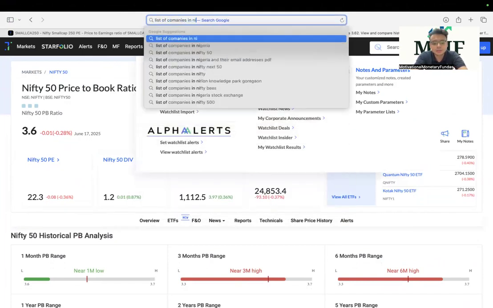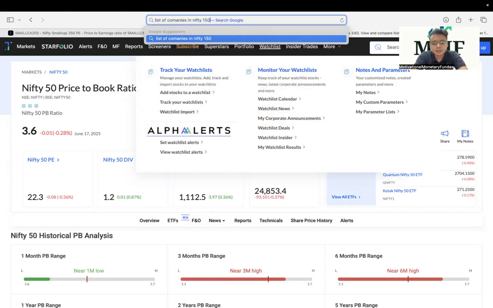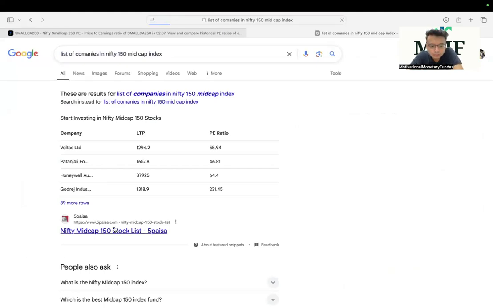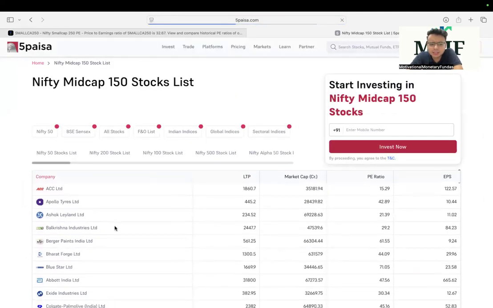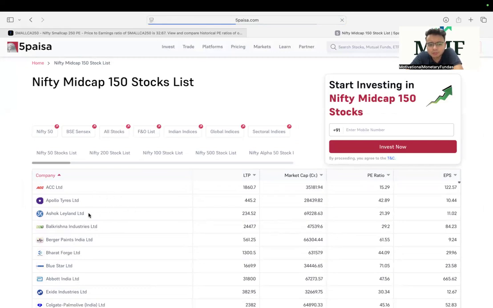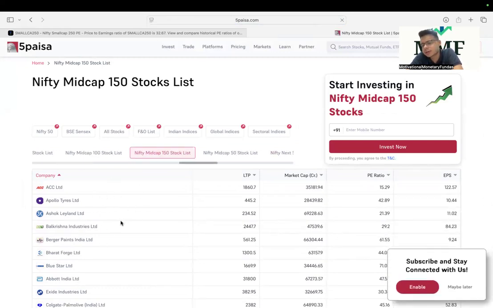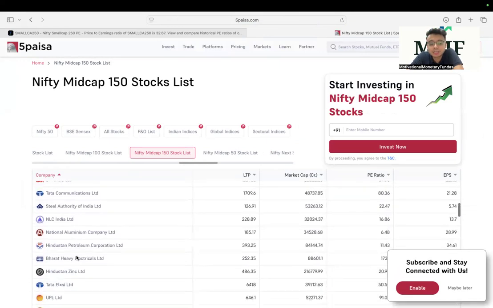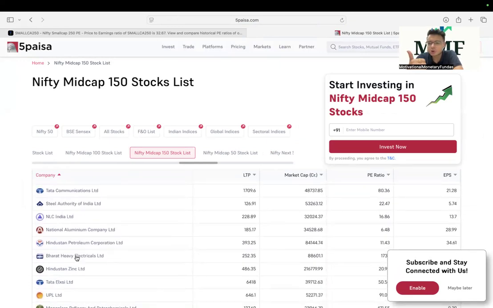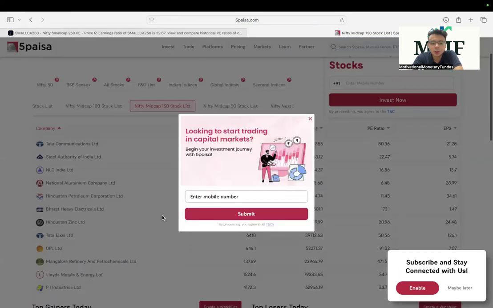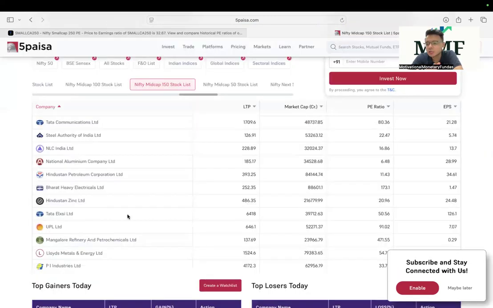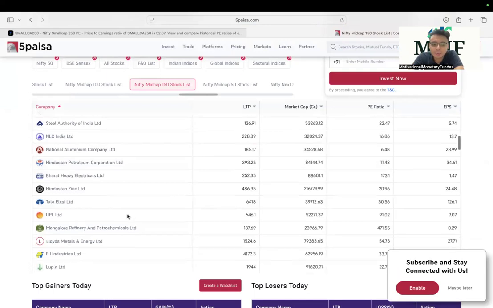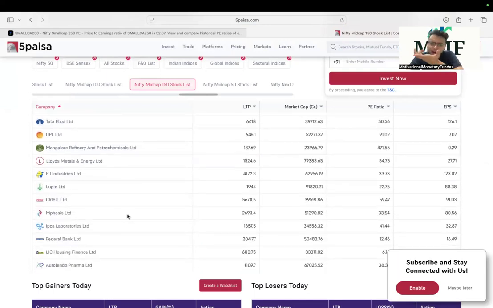देखो, लिस्ट ऑफ कंपनीज इन निफ्टी 150 मिड कैप इंडेक्स, बहुत सारी वेबसाइट्स हैं, सारी कंपनीज दे देंगी। ACC, अशोक लेलैंड, ऑल दीज अशोक लेलैंड टूवर्ड्स अपना ये बसेस में हो गया, बर्जर पेंट्स, भारत फोर्ज, ब्लू स्टार, ये सारे लिस्ट ऑफ कंपनीज आ जाएंगे। बट आई एम श्योर मैक्सिमम कंपनीज में तुम्हारी पाइप इंडस्ट्रीज होंगी, एचसॉ, एलसॉ पाइप्स, ERW पाइप्स, ऑल दीज काइंड ऑफ कंपनीज मेजरली प्राइस टू बुक वैल्यू पर ही होंगे। एंड सेम निफ्टी 50 स्मॉल कैप, तो देख लो PI इंडस्ट्रीज है टुवर्ड्स केमिकल्स है, प्राइस टू अर्निंग कर सकते हो।